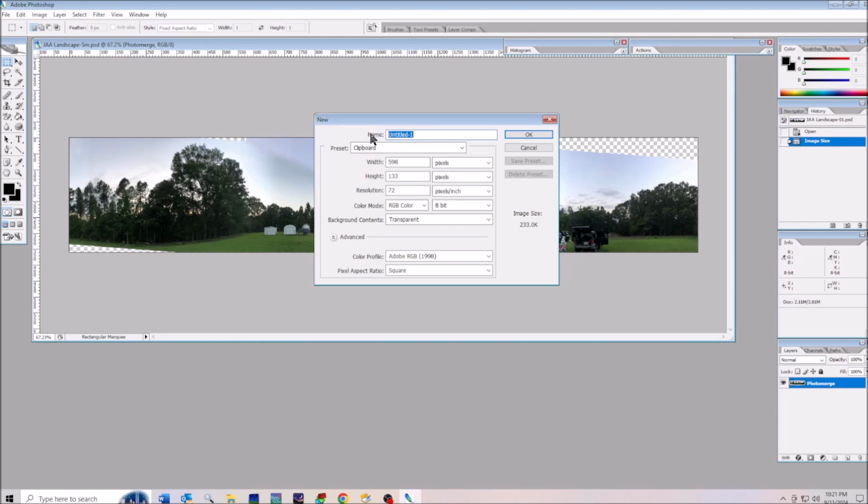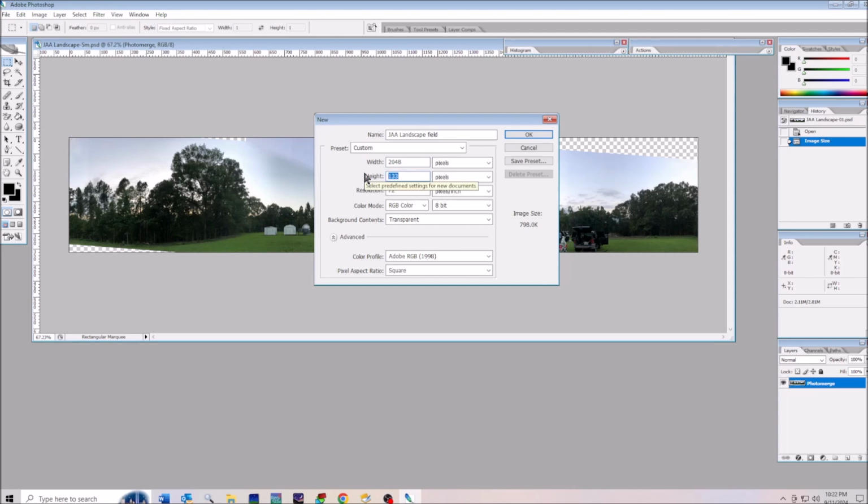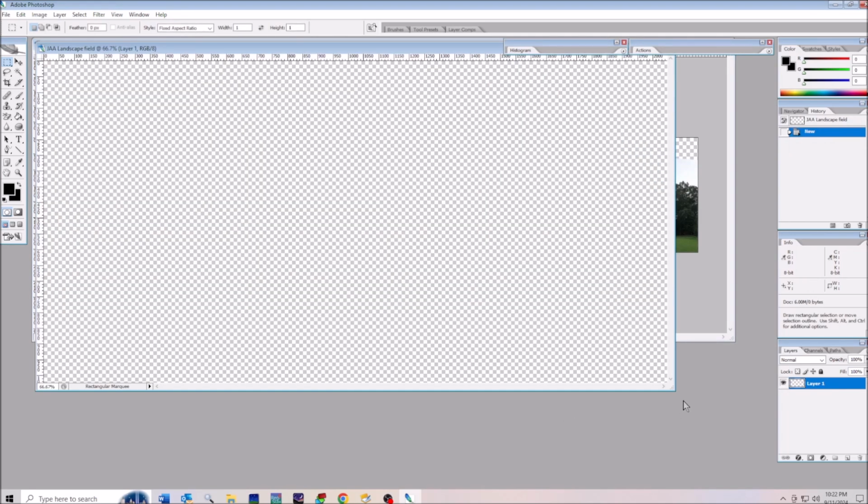Let's see, JAA Landscape Field. And we're going to give it a width of 2048, a height of 1024. We want it transparent. We want 8-bit and all that. All that's good. We're going to say OK. And there we have the new